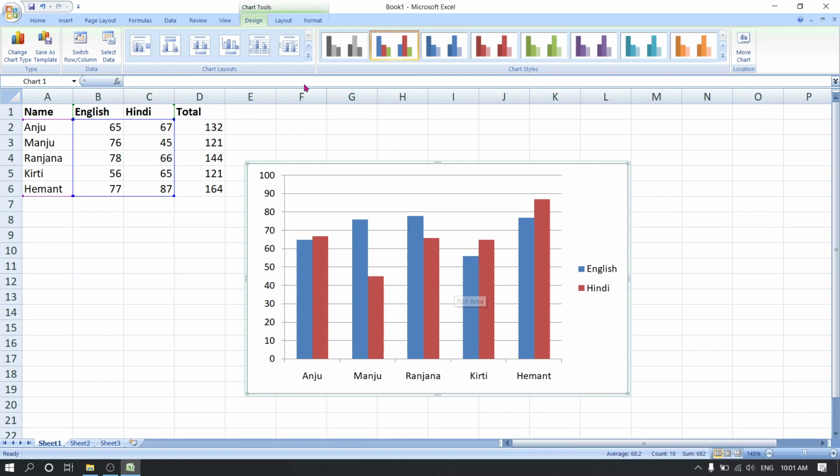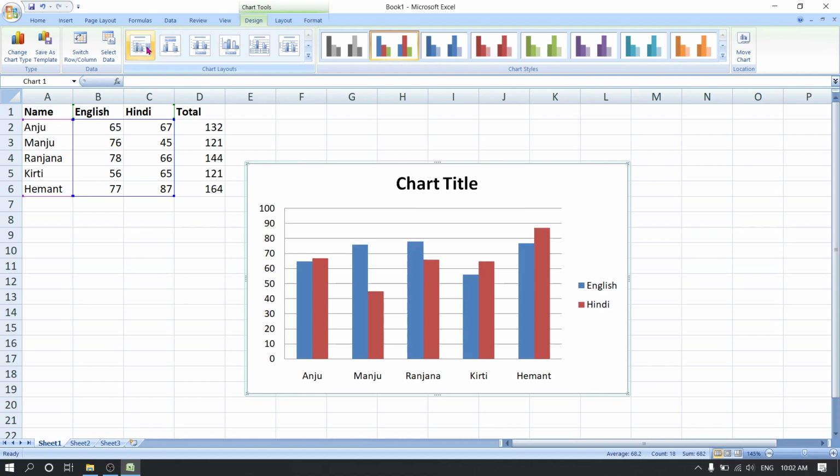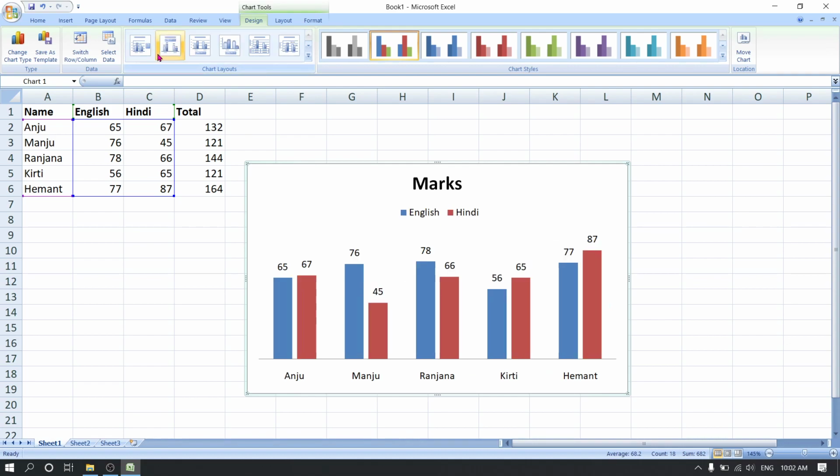Now as soon as we click it here, we get the design icon here. Now you can see we have different formats. Now to add a chart title, or to add a category name, to add a legend, to add grid lines, all of them. So let us click here first of all. See, the chart title is added here. So we can edit the chart title here. We can say March, right? Or you can use this one.